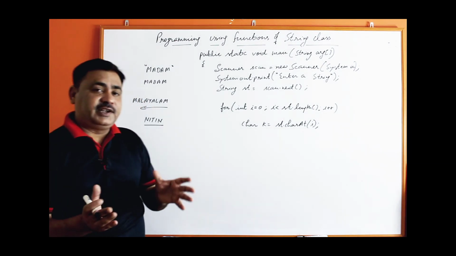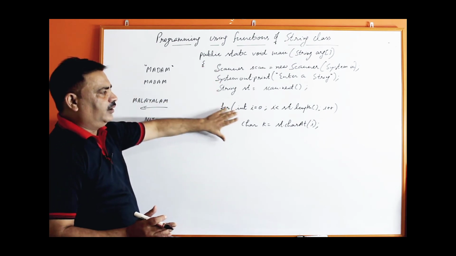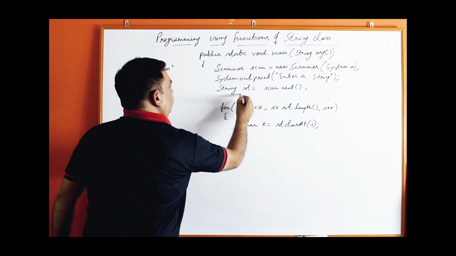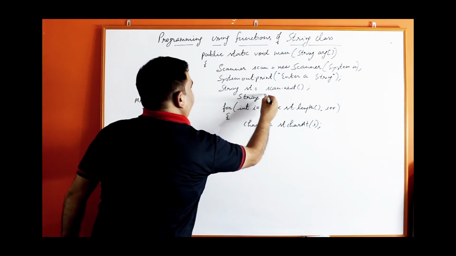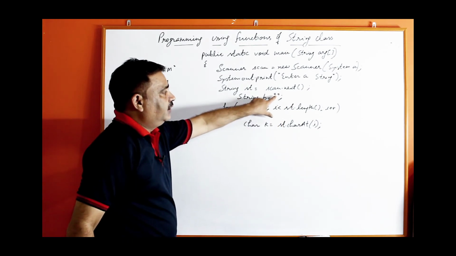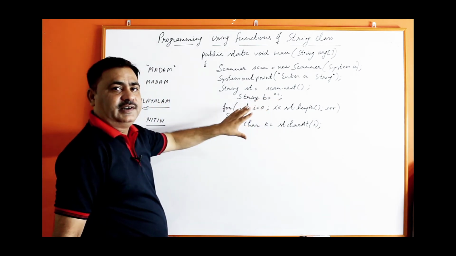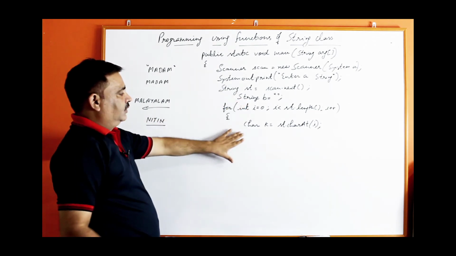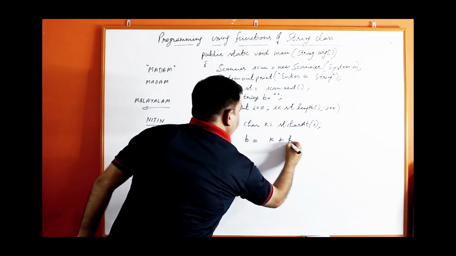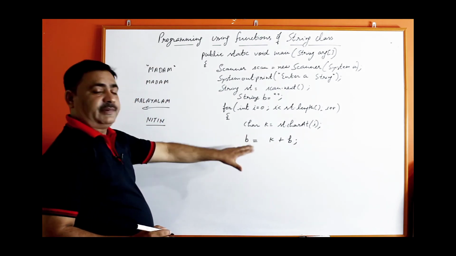So how to check the input string is palindromic or not? So up to here, input the string, make a loop, same loop. Start the block, extract the character, and very simple, one more variable you can take. String b equal to empty string. Empty means without any single space, only just double inverted commas. This is called empty string or null string. Take one more string, and what you have to do here, b equal to k plus b. I am concatenating the strings here, character by character.